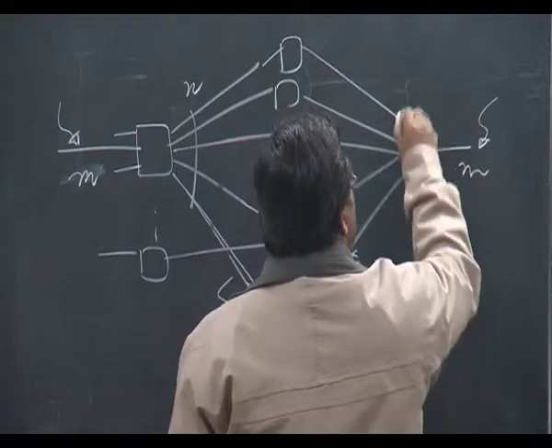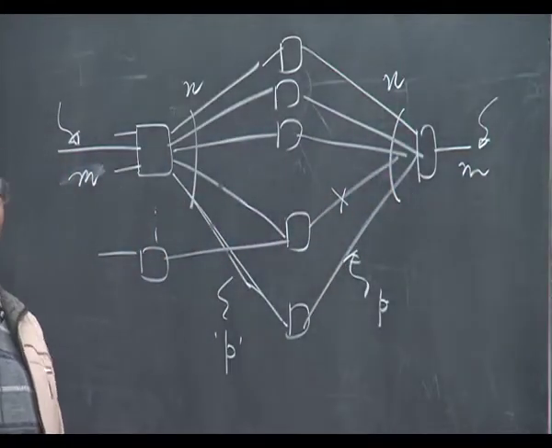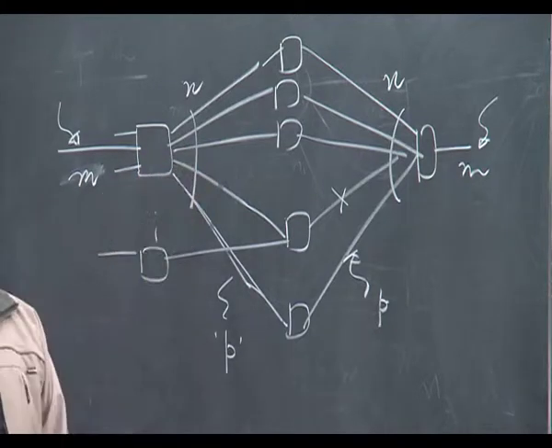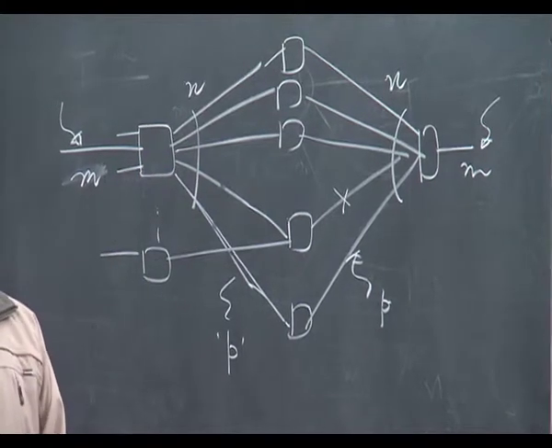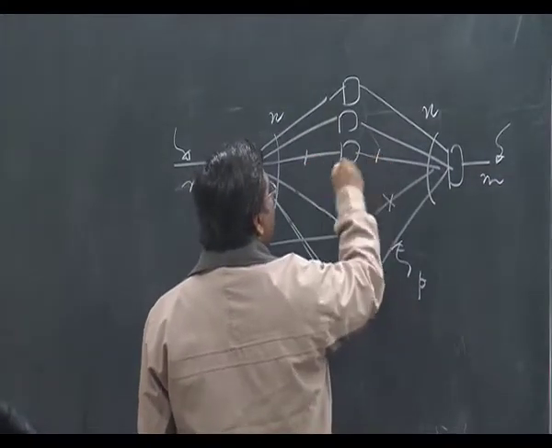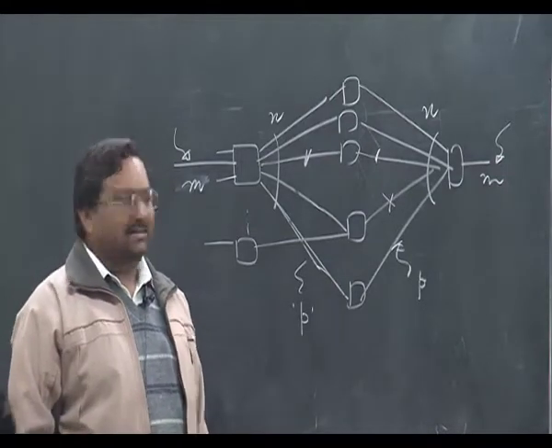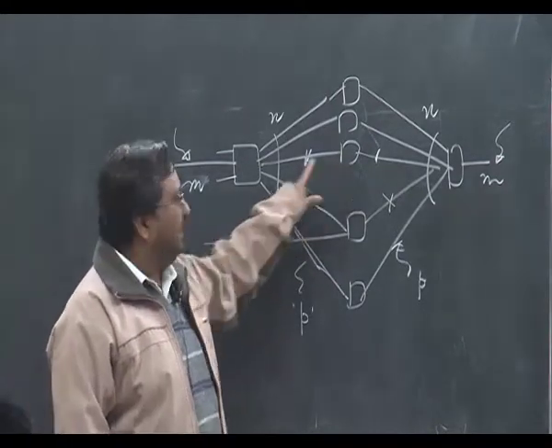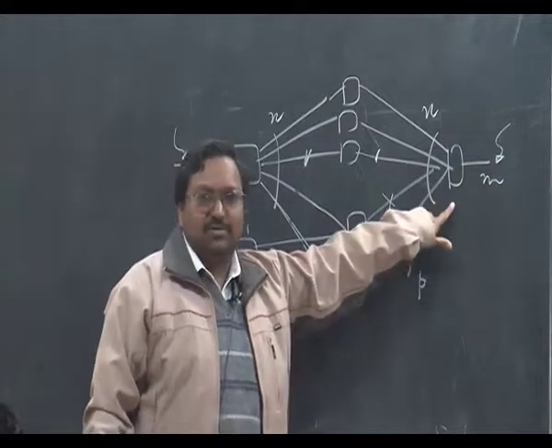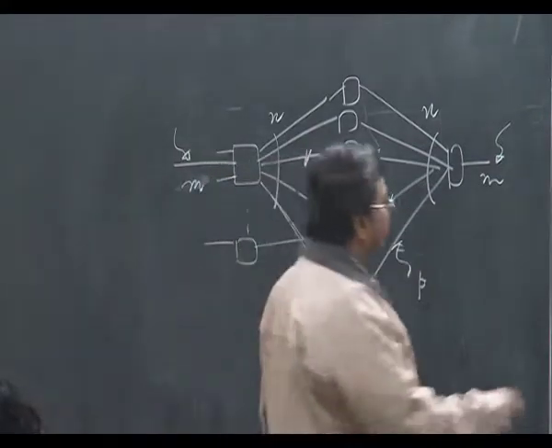So this is M here, this is N here. And you will be able to set up the path if you can find even one switch in any one of these for which incoming and outgoing links both are available. This is strictly non-blocking, this element and this element is also strictly non-blocking. Okay. So probability of blocking,